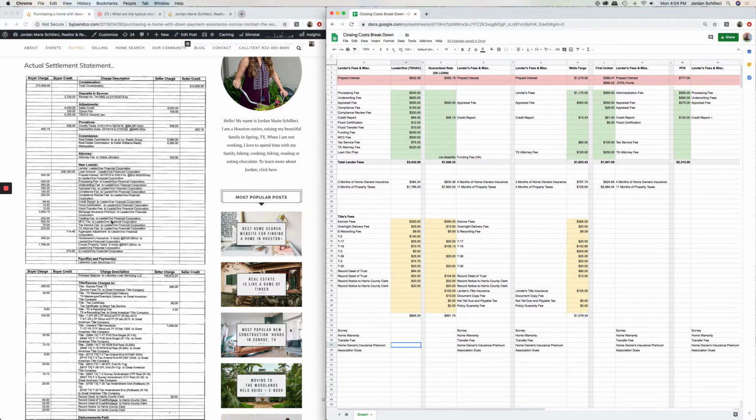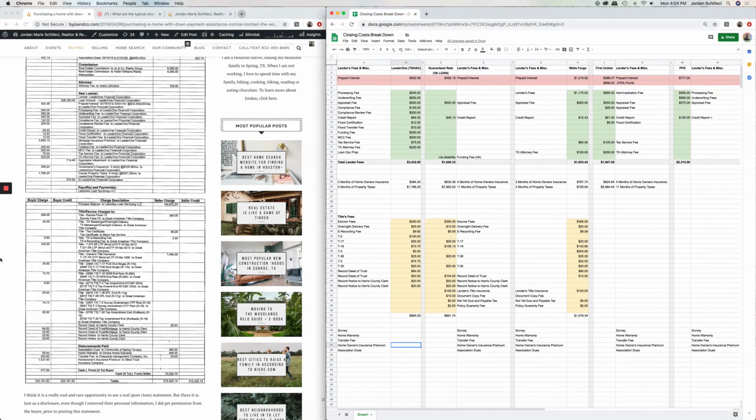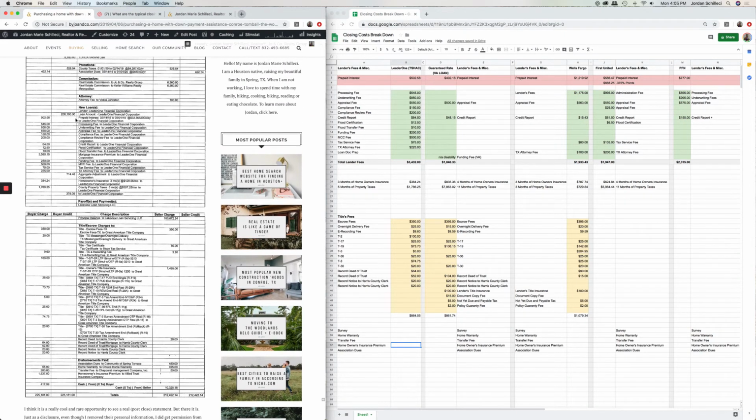Now we go back over on the left. The only thing different about this loan is the credits they're being given, but it is very similar to any of these conventional loans. It says cash to seller on the right, and on the left, it's cash from buyer or cash to buyer. So this client actually got $417 back, which is really cool. He put down the earnest money of $2,100, so he put down 1%, and he did have to pay for an inspection, but he was able to purchase this home with just the cost of earnest money and inspection, and then you subtract that $400 you got back